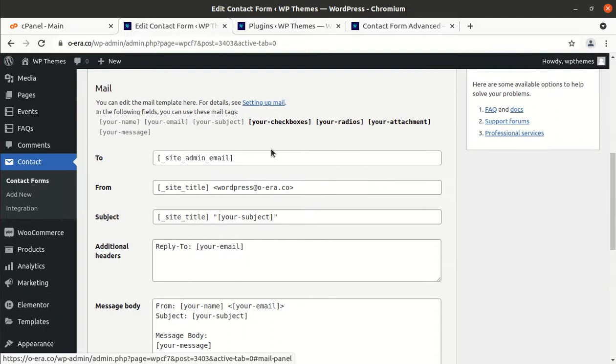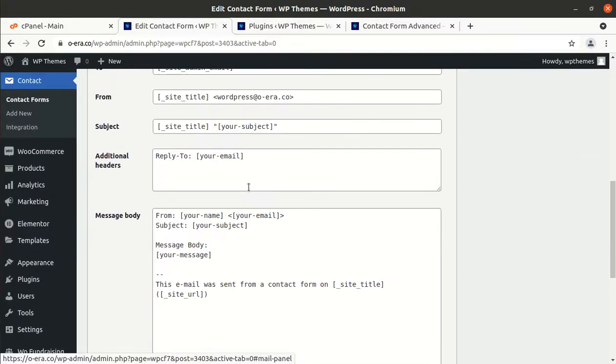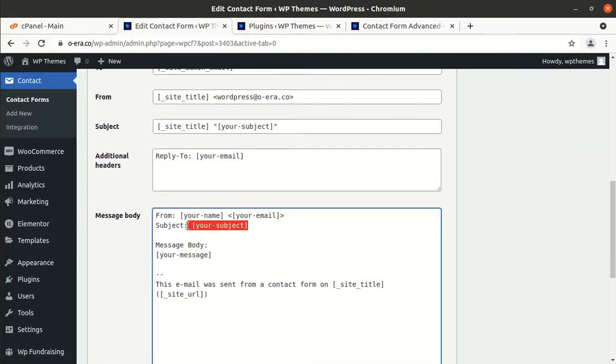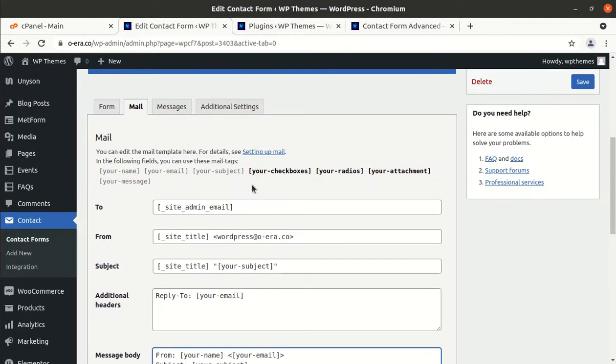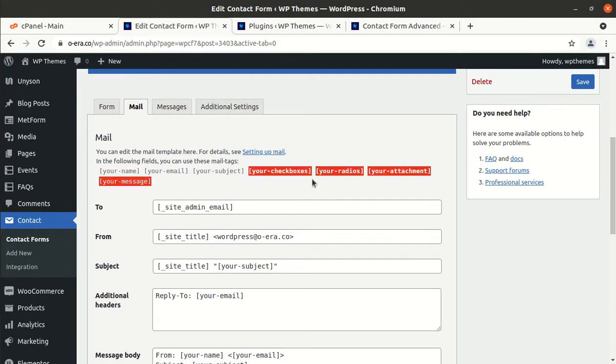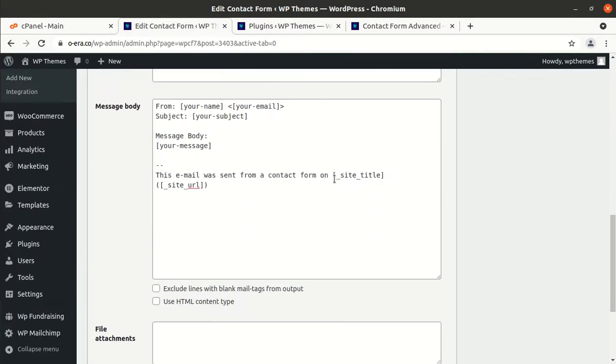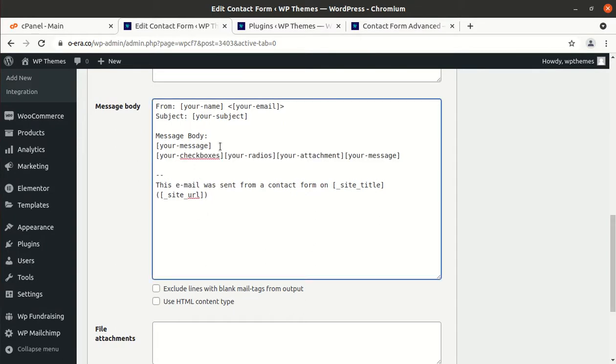So, you simply use these options. So, subject, your subject, if you want to use, so in message your subject can be placed here, message body, your message can be placed, and rest of things like the check boxes, the radios and all such things can be placed here, and to bring all that into your mail.